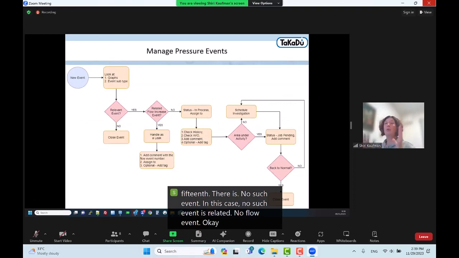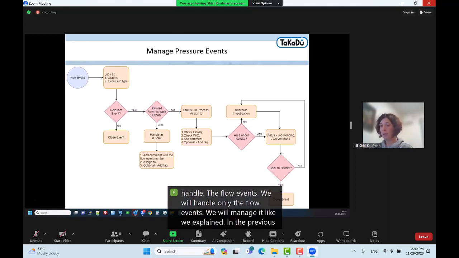Okay. If we do find a related flow event, we will handle the flow events. We will handle only the flow events. We will manage it like we explained in the previous training. And we will close the pressure event as redundant. Again, we will explain it when we talk about closing events, but this is only if there is a relevant